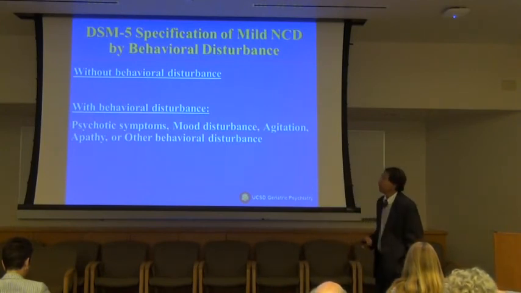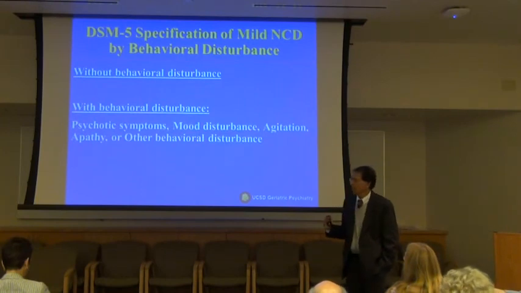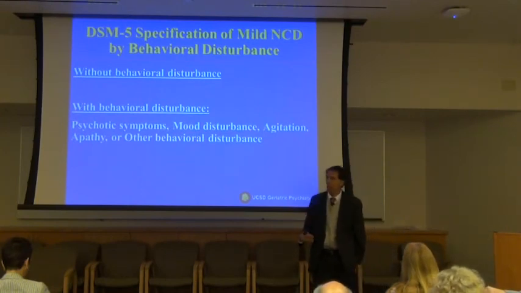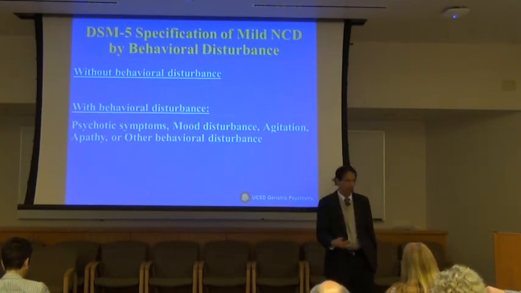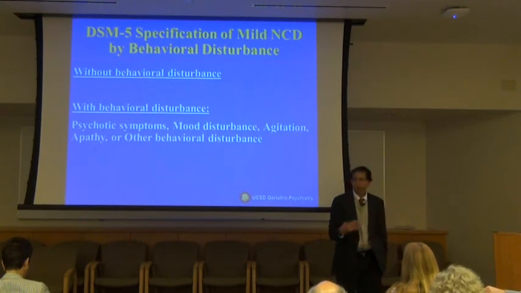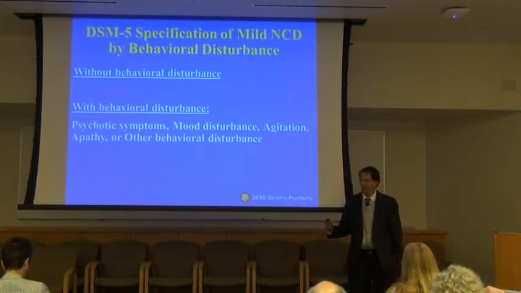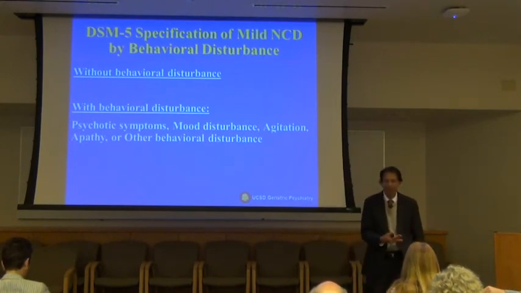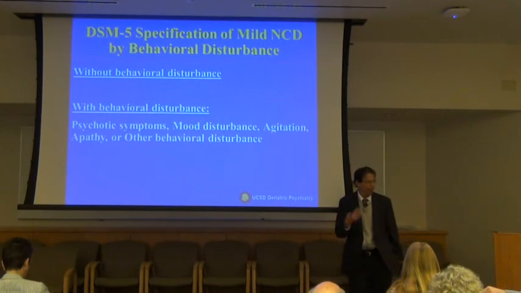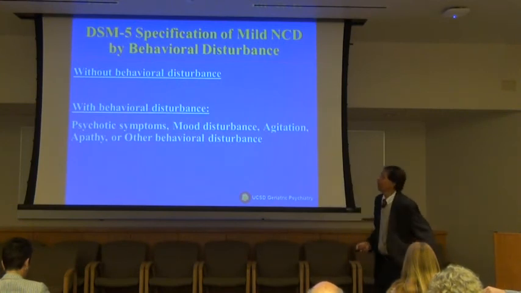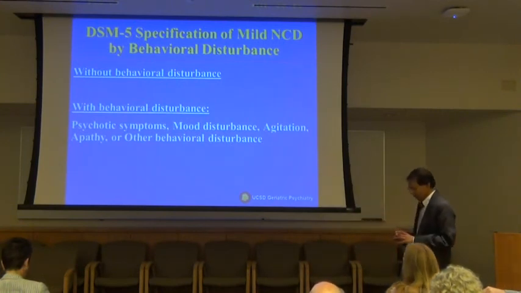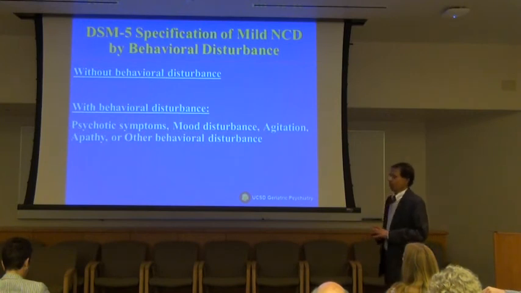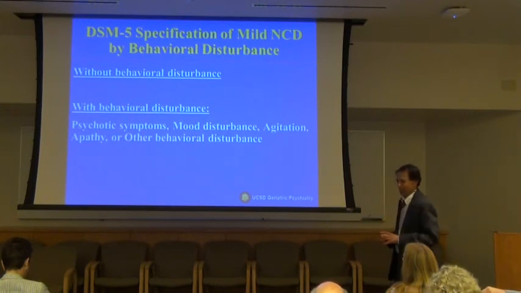And studies have shown that it is these behavioral problems that cause institutionalization, not dementia, not incontinence, but the caregivers give up when the person starts accusing them of having an affair with the next door neighbor, or they say you're poisoning my food, and so on and so forth. So this is really an important area, and I hope that we do a better job in 5.1 or 5.2.